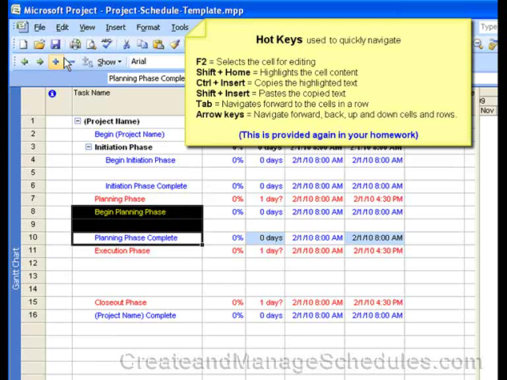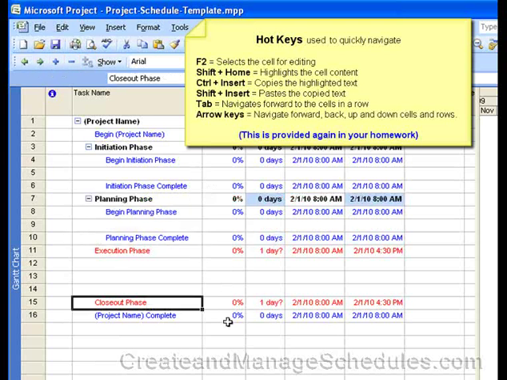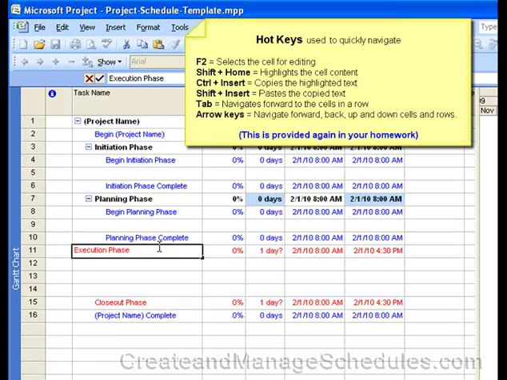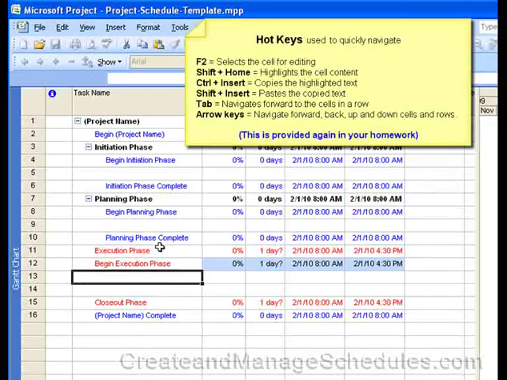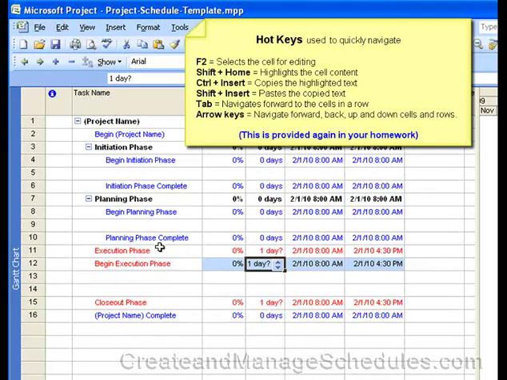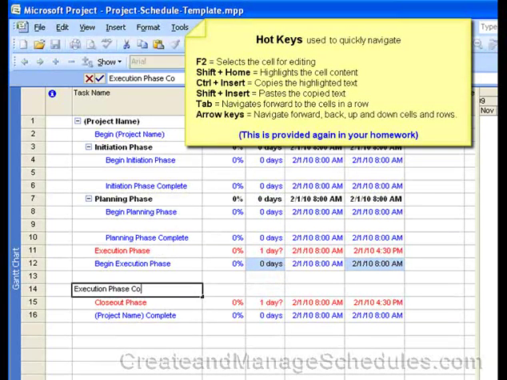Again, highlight these and indent them so they appear under the planning phase. Select the execution phase, hit F2, hold the shift key down, hit home, control insert to copy the name, and then on the next row, hit F2, type begin, and then shift insert, paste in the name, and then scroll over, type a duration of 0, hit F2 again, shift insert, and then type the word complete,